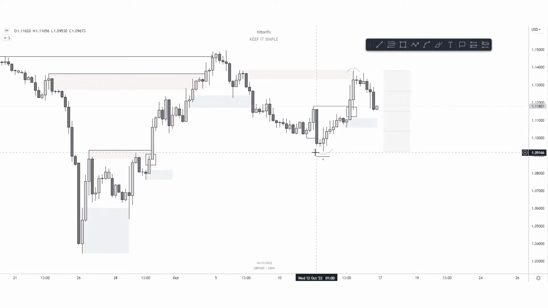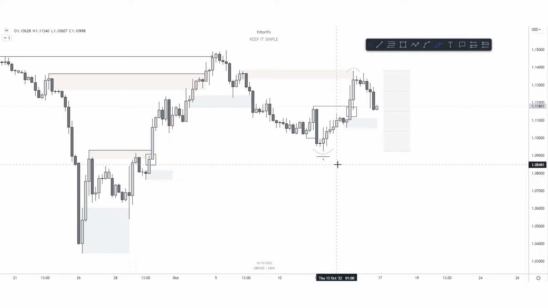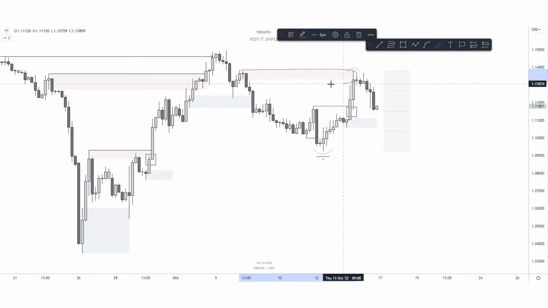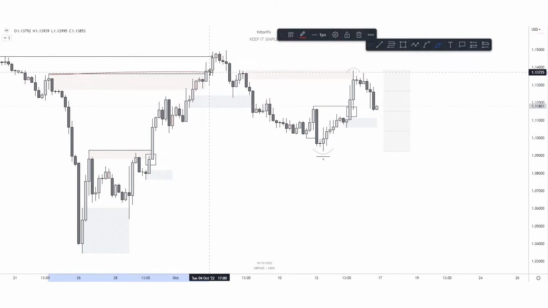But from an intraday perspective, we did turn bullish right here with this tape. We did chop bullish, I'd say, essentially, in this move right here. But essentially, we are currently reacting off of an extreme reaction leg to this supply right here.